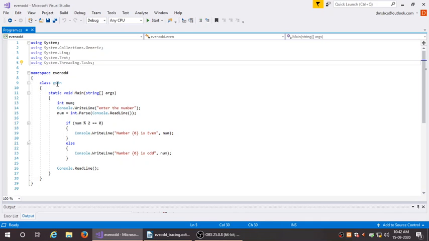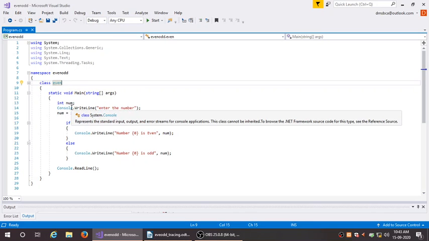After that, class Even; you can change the name of the class and give any name. I have given Even here. Under the class we created the Main method, static void Main(string[] args). This is the main method, and program execution starts from this method.